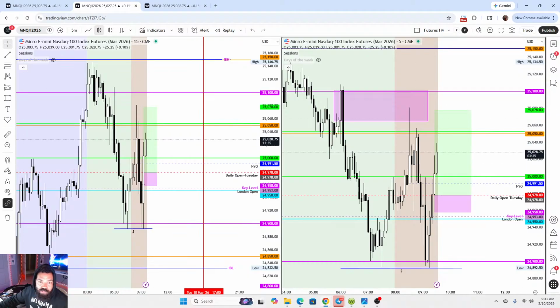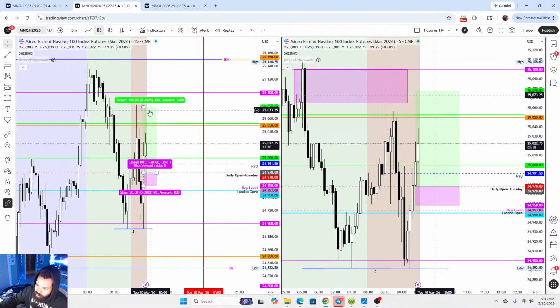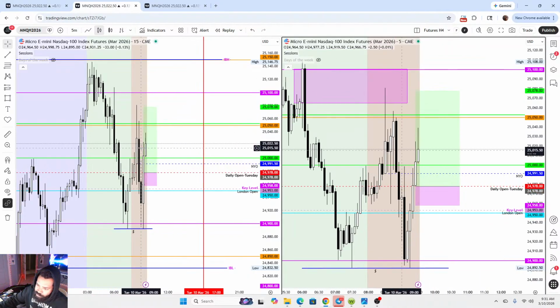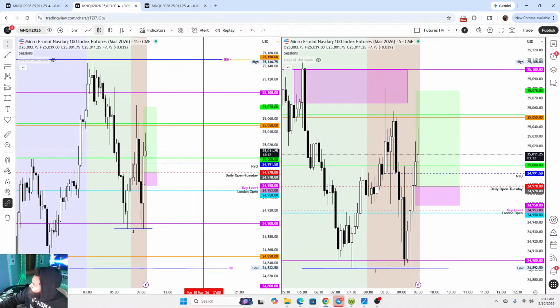Because we would need to see some real thrust to push through this area. And we're right inside of a supply area, right? So we'd want to see it kind of reach above if they're going to go. If they don't, then they're going to reject this area and just slide back down to those double bottoms.